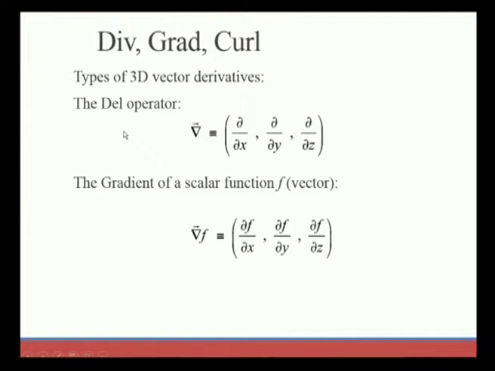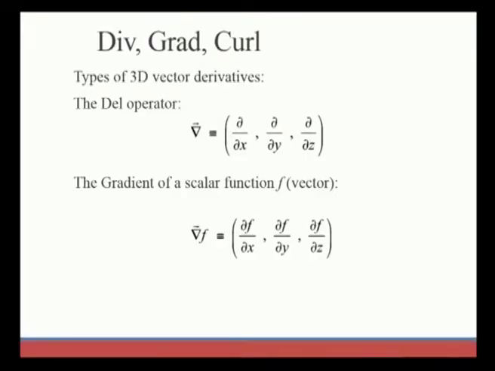Next, after the knowledge of scalars and vectors, and the dot product and cross product, the three terms we need to know are divergence, gradient and curl, where the vector can be represented in n directions. Here we consider three-direction vector derivatives, which are represented by the del operator. Del is equal to dou by dou x, dou by dou y, dou by dou z. So we consider three dimensional vectors, with three quantities x, y and z.